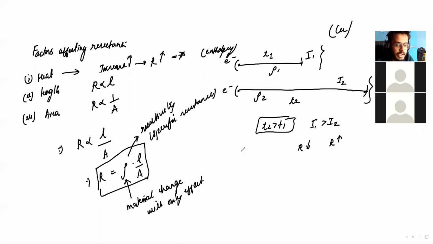So you can blindly write resistivity 1 will be equal to resistivity 2, because resistivity only depends on the material of the wire. If the wire is of the same material, both are made up of copper, right? So if they are made up of copper, then obviously the resistivities have to be equal. It is mandatory for the resistivities to be equal. Only when there is a change in the material of the wire will the resistivity change. Correct? So this is the thing you need to know from this part.